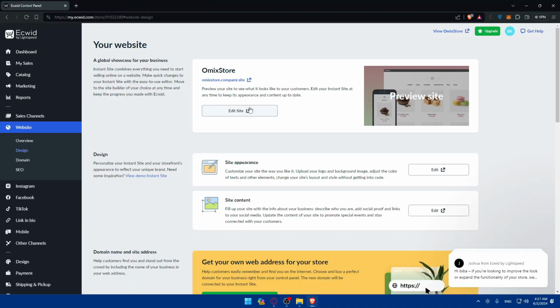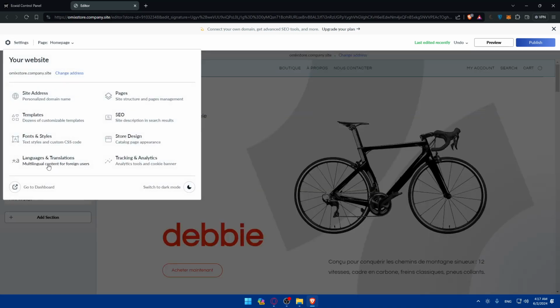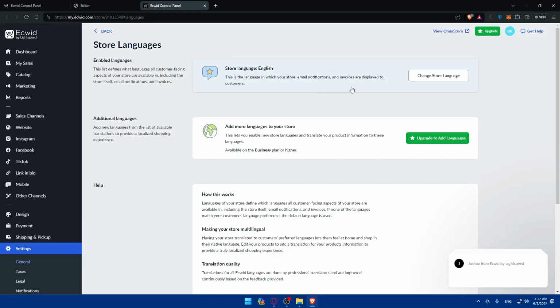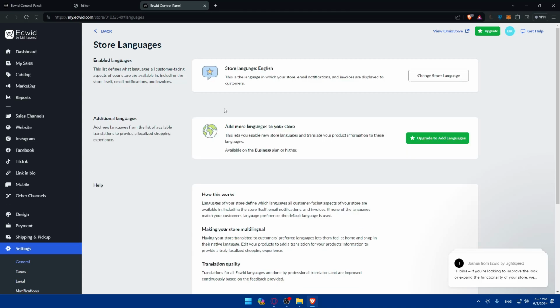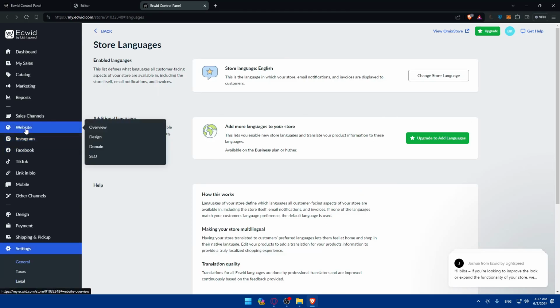Just exit those editors and click on edit site. And okay, still have the problem. Just go back and check again if it turns into English, or if I did not save the settings. So it's English. Maybe it should take some time until the changes appear. Of course, you can add more languages to your store, but you'll need a better plan to get that feature. So for me, I'll just go back to my website